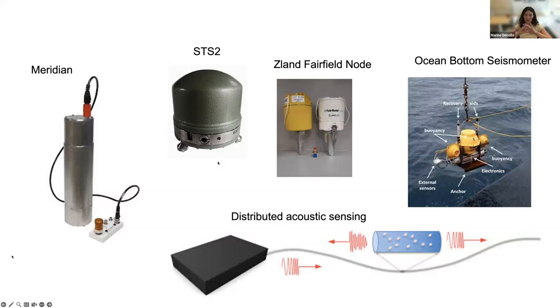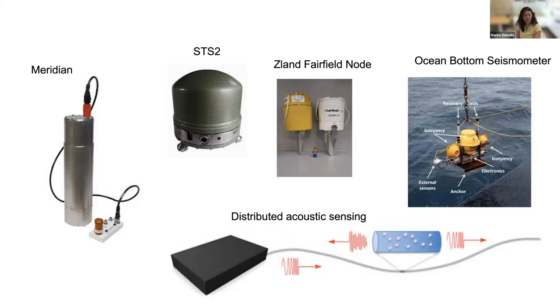Nowadays, there's a more diverse pool of instrumentation, sensitive to different seismic frequencies. I own one of these, called Meridian. These are the seismic network STS2, really high quality data. We also have some cheaper ones that are actually very good and easier to deploy. Oceans are sensed as well, at the bottom, with elaborate, super expensive equipment. And more recently, people have been using optical fibers for distributed sensing. This breadth of sensing instruments allows us to really look at different spatial scales and time scales in